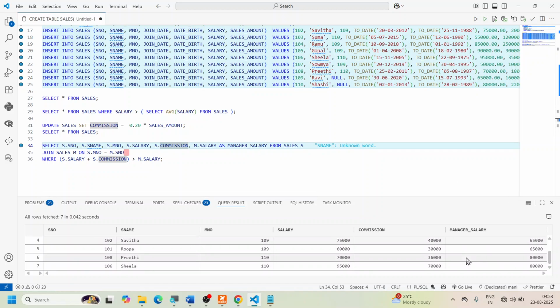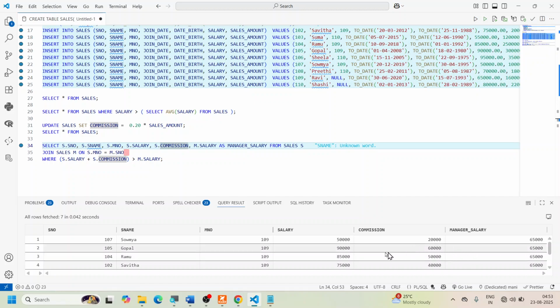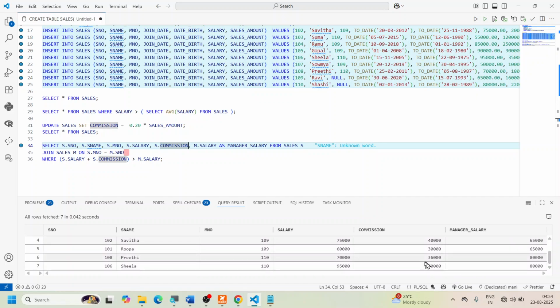So you notice that what is important is 50,000 plus 20,000 is greater than 65,000, 90,000 plus 60,000. Remember, the sum of the salary plus commission is greater than the salary of the manager. Salary and commission is greater than that. And 70 plus 36,000 is greater than 80,000, 95 and 70,000 and greater than that. Okay, so you are able to get